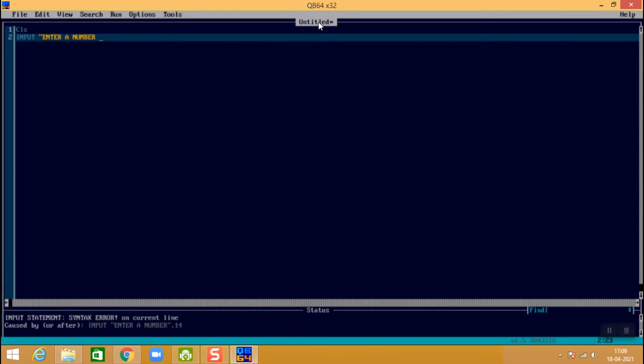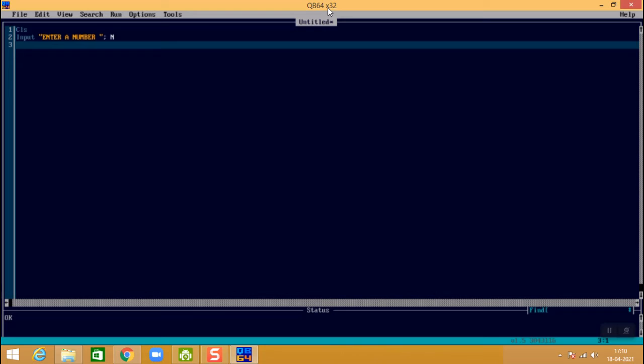See, in my heading line it is saying QB64 32-bit. So I will enter a number, which will be n. So if n is 0, then it is showing an error.